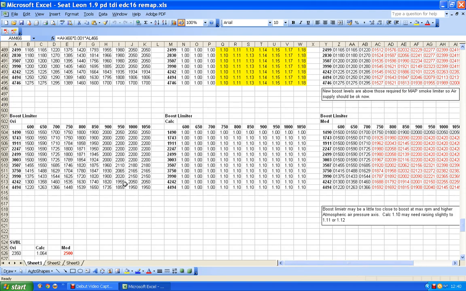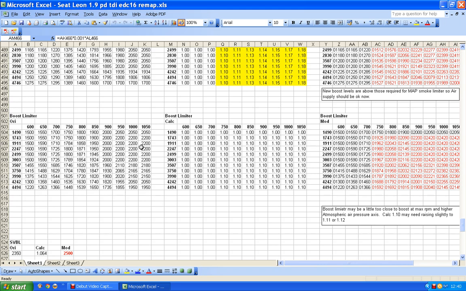Now, if I come to the boost limiter, I can see that already I would not be in dire trouble, but I would be in a little bit of trouble if I tried to run this boost map, because the boost limiter would simply not allow that to occur. So it would cut back and limit me to these sorts of values. One of the problems with that is that if my boost tried to stray too far above the boost limit for too long, I would probably drop into limp mode. So obviously changing these is quite important, otherwise the file will simply not run correctly.